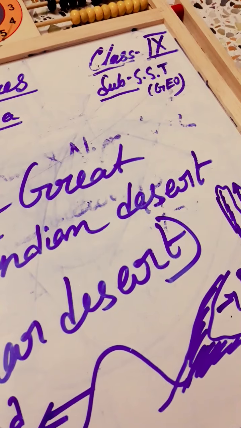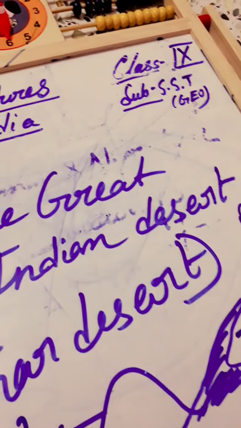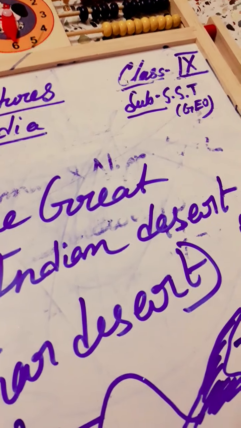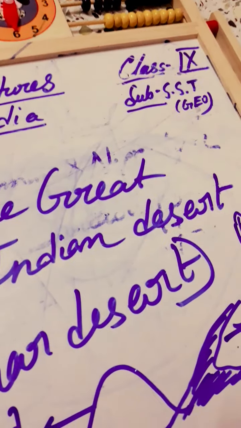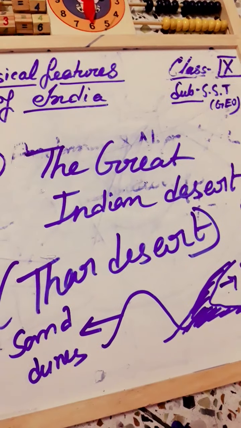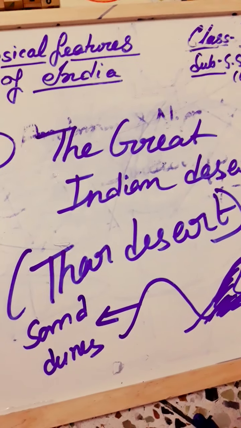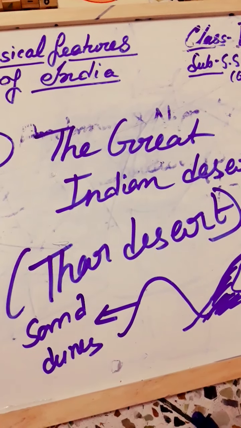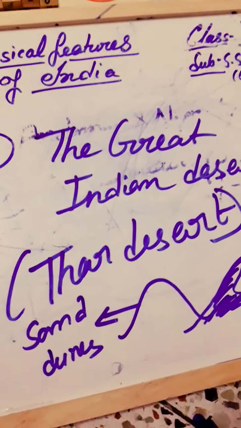Temperature is high, and it receives a very high amount of sun rays. So the people live here in a very scattered manner, and oases are a great characteristic of that area. You know about the oases. So these are the main things, and Luni is the only large river in this region. Okay,